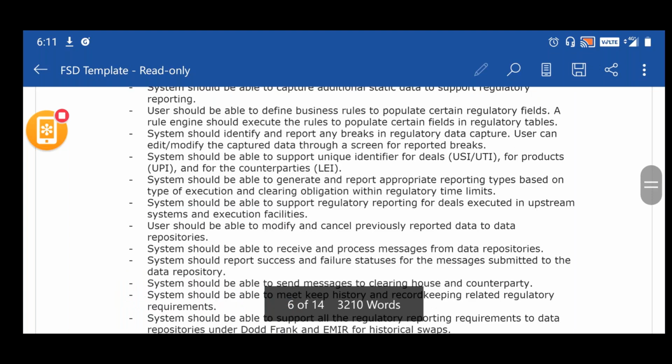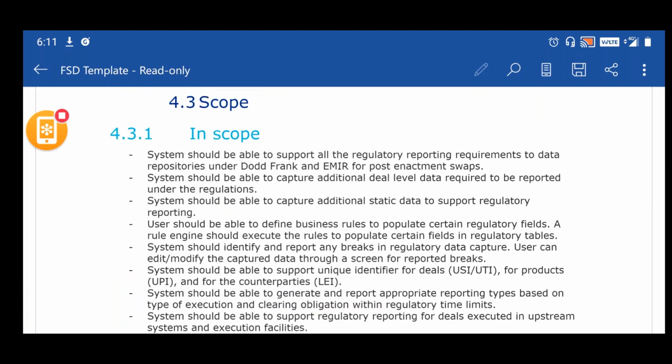But one thing that is missing here is that every requirement is supposed to have a unique referencing number. The unique referencing number is needed for every requirement.